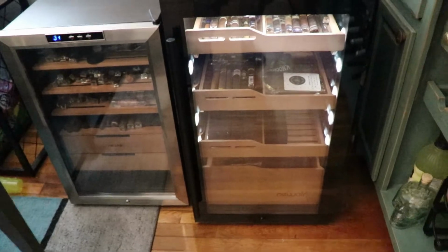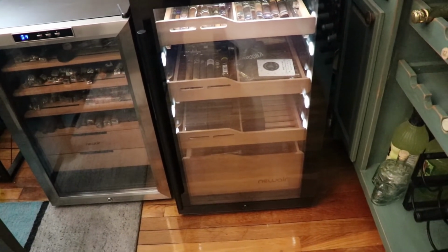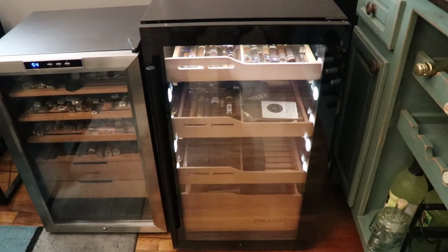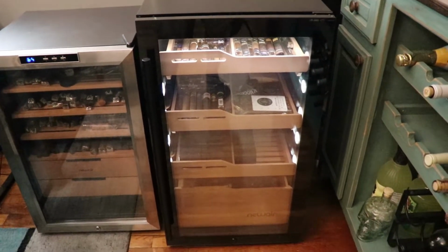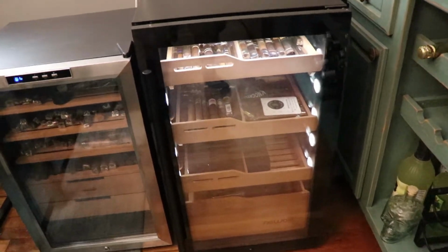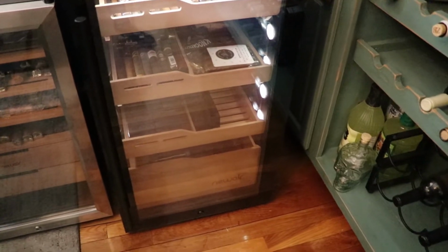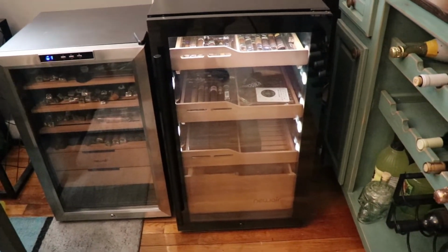If you have any questions about this unit, please let me know. Be happy to share some more information with you. I have been completely pleased with this thing. It is one of the coolest humidors that I've tested out or owned, and I currently have 3. So this one's really boss. So highly recommend this. The only downside again is the price,